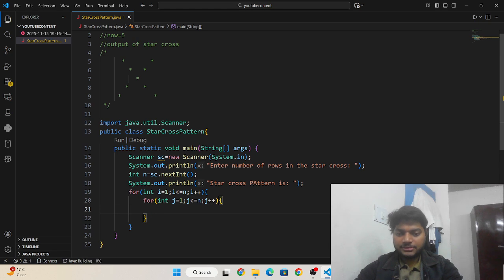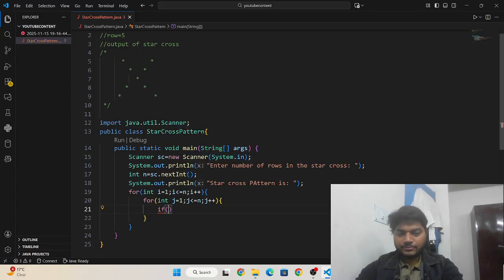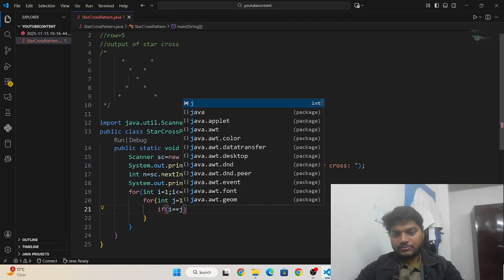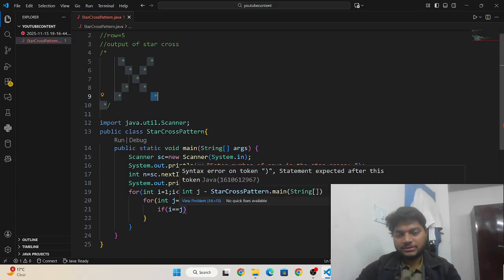and then I need to write an if condition: if i equal to j. You can see this is i and this is j. If i is 1, then j is also 1, then i is 2, j is also 2, i is 3, then j is also 3, i is 4, then j is also 4, and if j is 5, then i is also 5, so we have to write the condition i is equal to j,